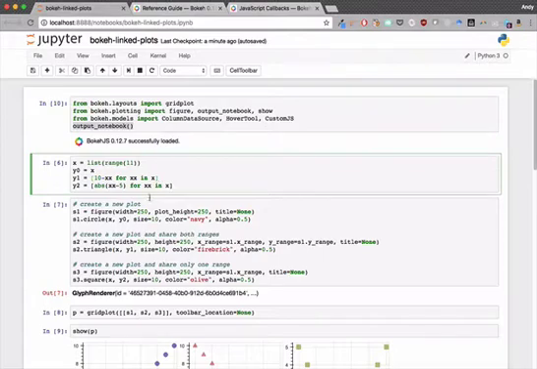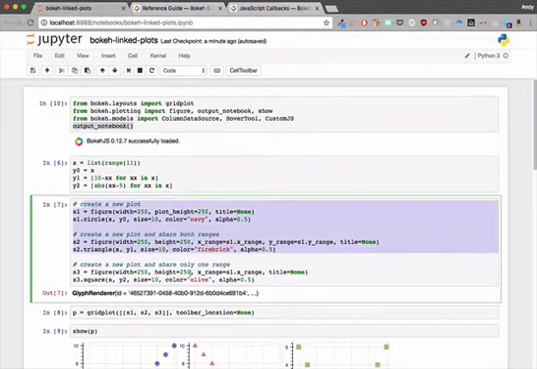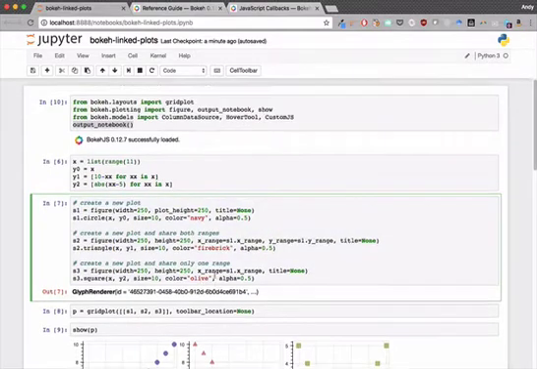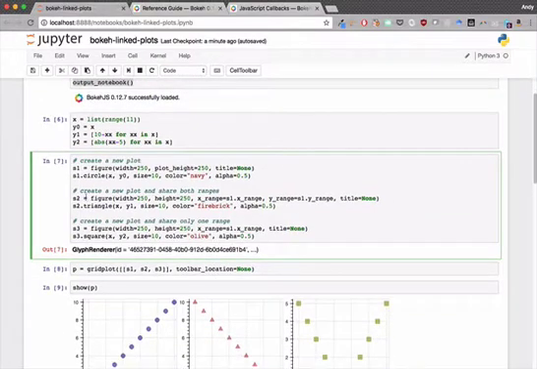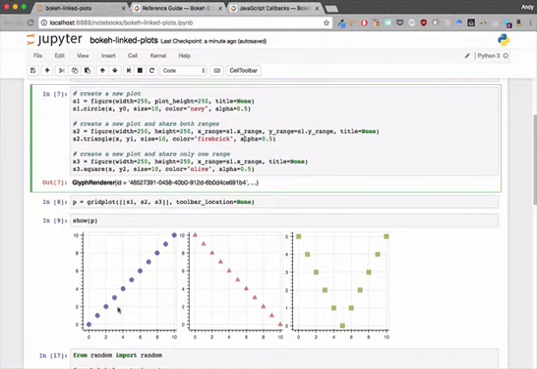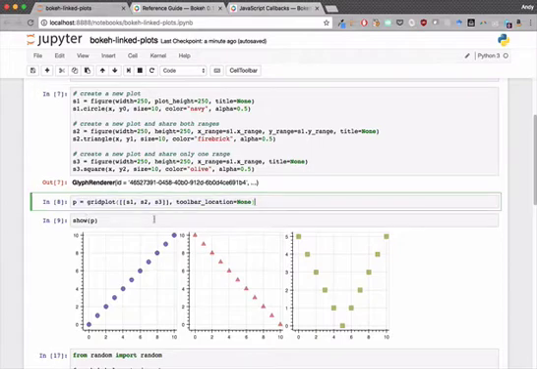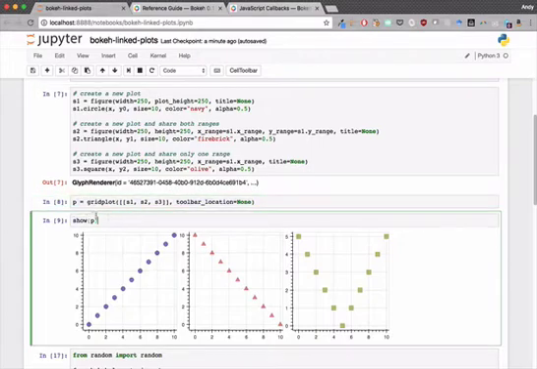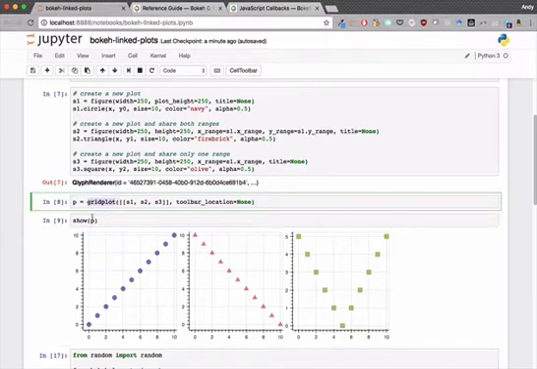And we'll do a few things. We'll create some data, right? And then we're going to create 3 scatter plots. So here we go. We create 3 figures, right? And we add each of these 3 graphics. So we add them in a grid plot, right? And then we use show. So to use Bokeh to actually render the graph that we've created, which here was a grid plot, we wrap